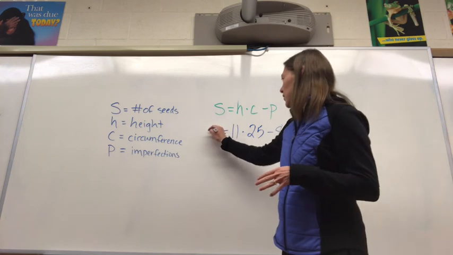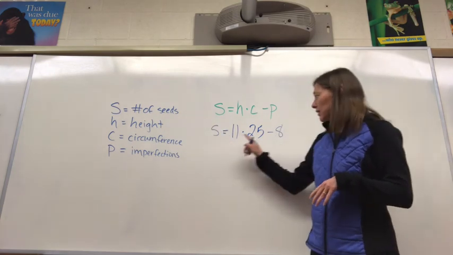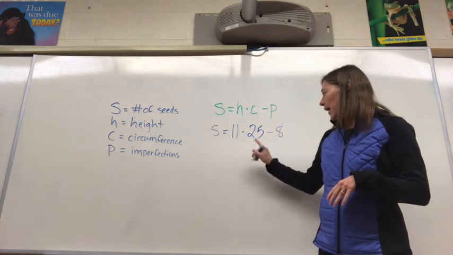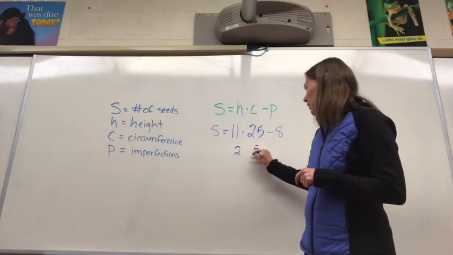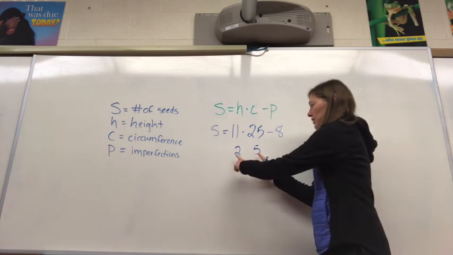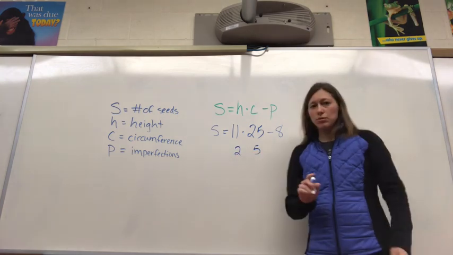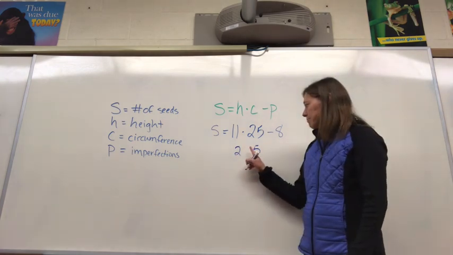And so the number of seeds is going to be 11 times 25, and to figure out 11 times 25 without a calculator really quickly, you can just split the two numbers apart, then we're going to